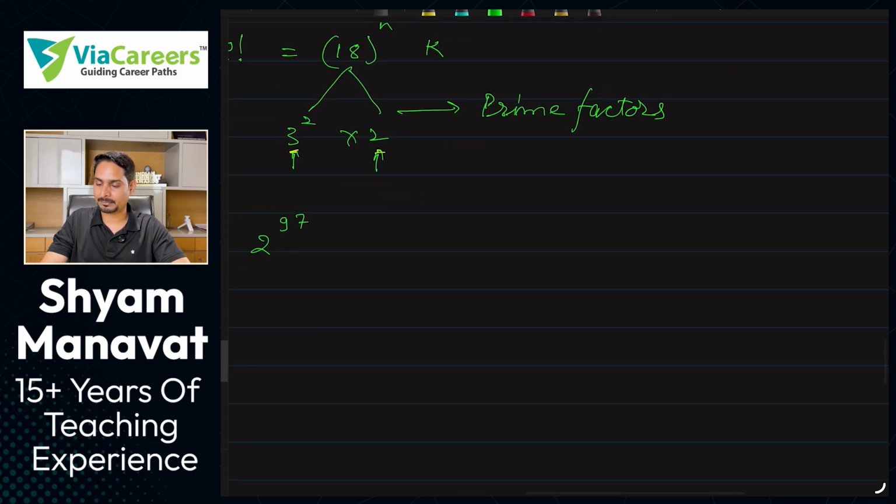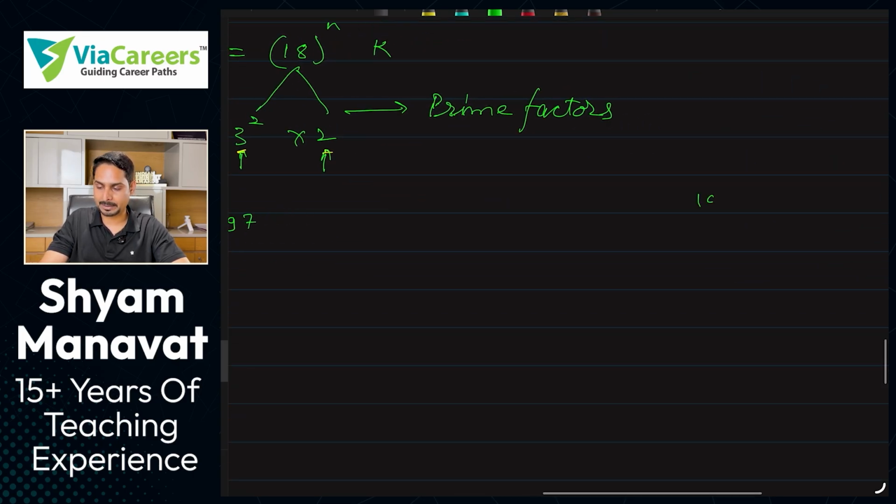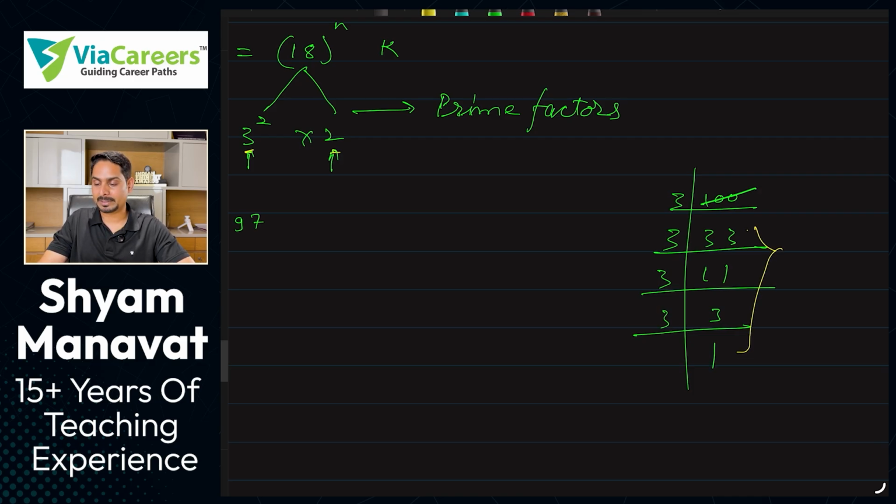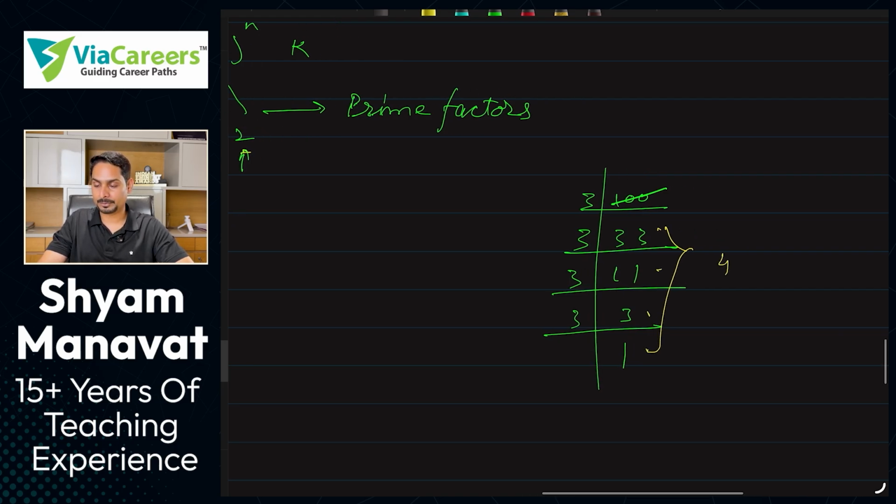So maximum power of 3 in 100 factorial. Let me write 100 here. To check the power of 3, we divide by 3. Divide 100 by 3. So what you have is 33 here, then 11 here, then 3s are 9, and then you got 1. Okay. Now I leave 100 and then I will add the remaining of them. So 33 plus 11 is 44. 44 plus 4 is how much? 48. So you got 48.